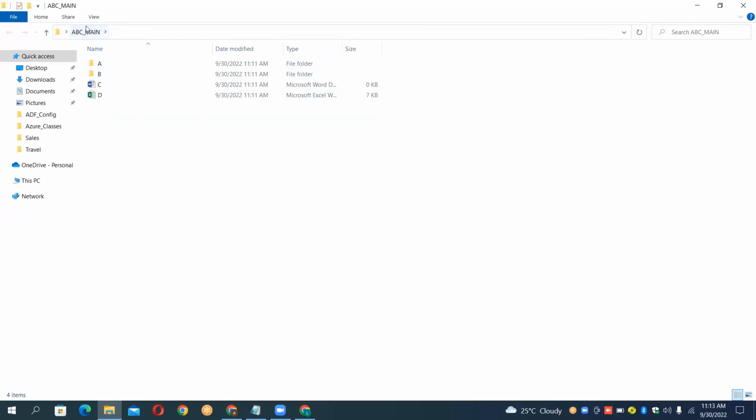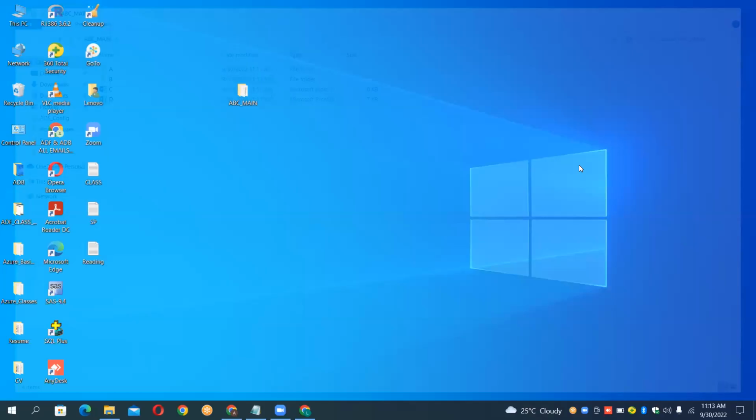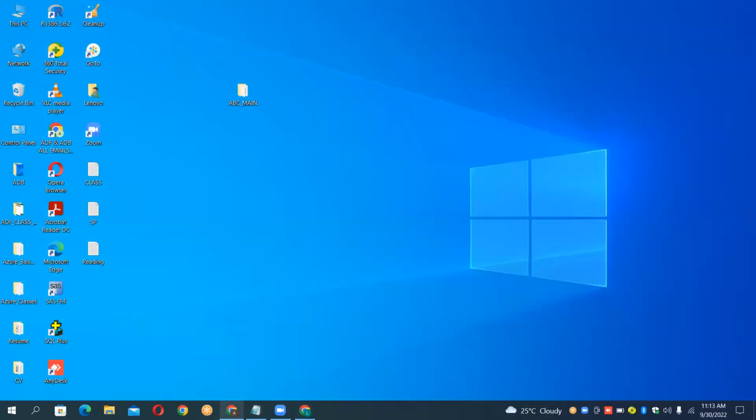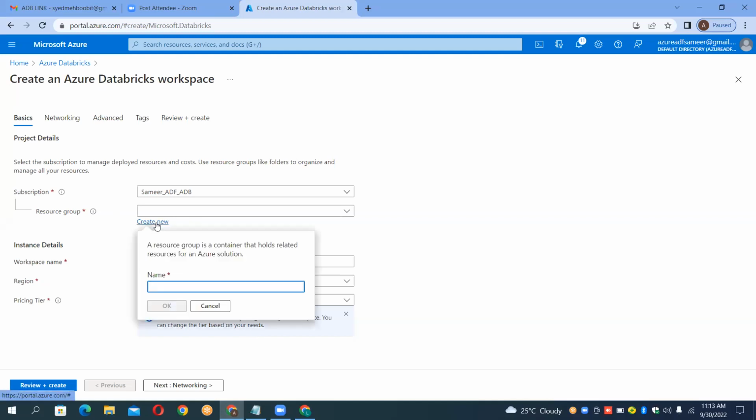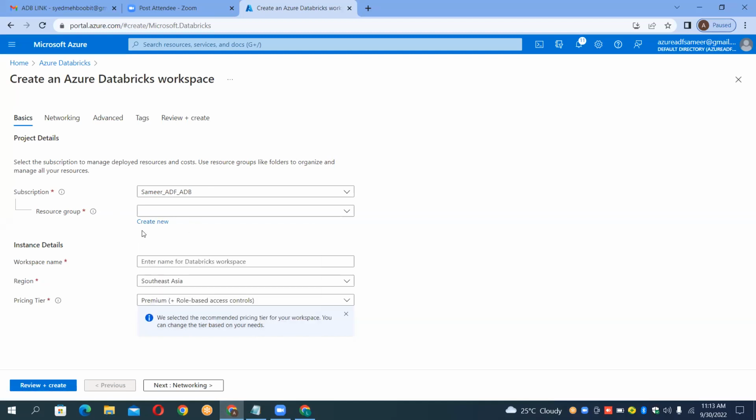So resource group is like a main folder for the entire process. So you have to create the resource group here first of all. So now, guys, you have to create it. How to create it? Click on the create option, resource group. It's mandatory, boss. Can you see here? You have a star symbol.